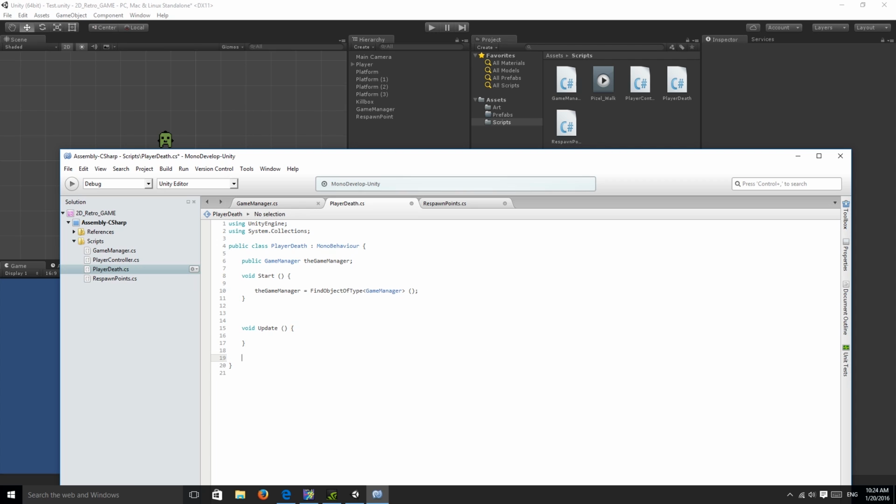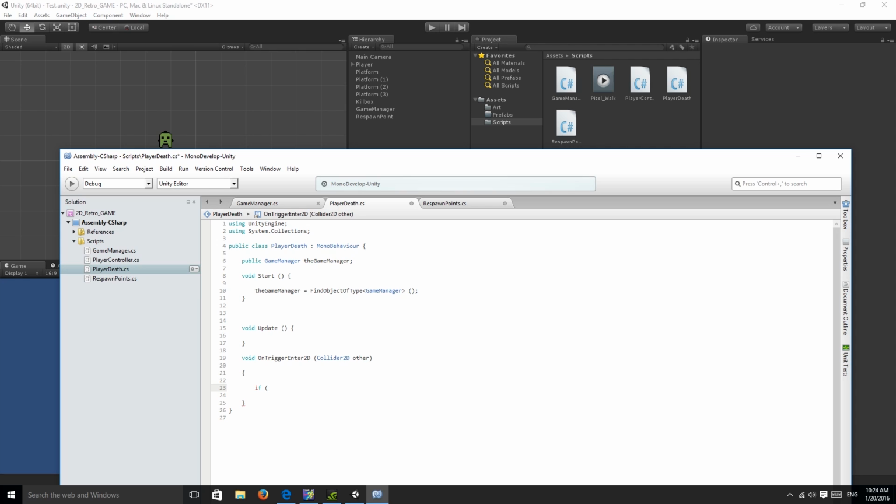So I want you guys to create void OnTriggerEnter2D(Collider2D other). So from here,